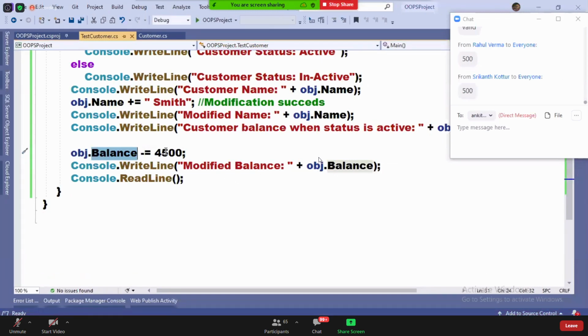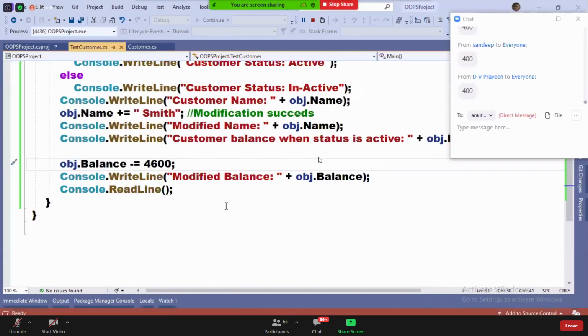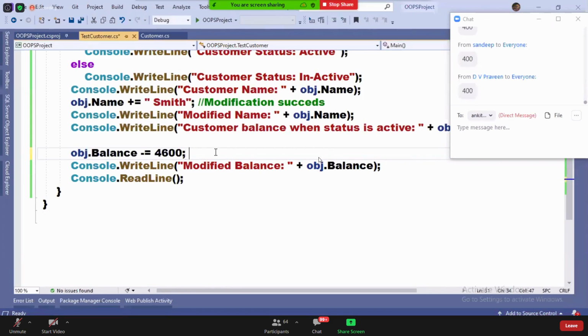But if I say 4,600, how much am I assigning? 400. Invalid now. See, failed. So remember, here what happens? Transaction fails now. Okay?